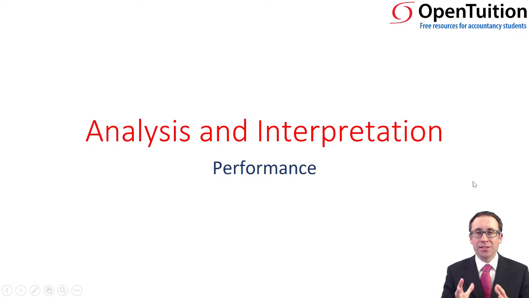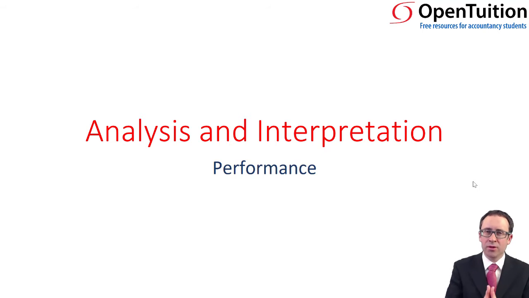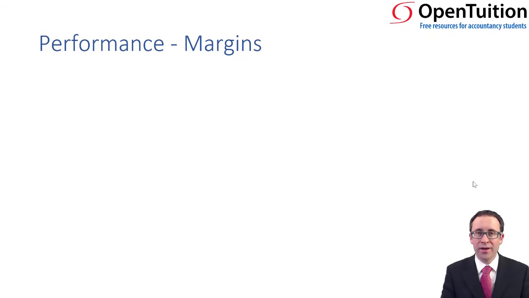So, let's begin the analysis. And let's begin the analysis by focusing on our performance. So the focus there is upon the statement of profit or loss and other comprehensive income, which to you or I is effectively just a statement of profit or loss. Other comprehensive income may appear on the odd occasion. So, let's go through and discuss the calculation of the ratios, and then let's look at what causes those ratio